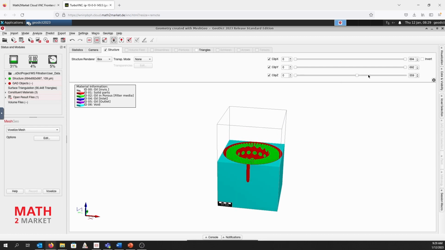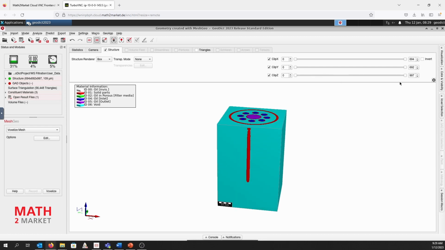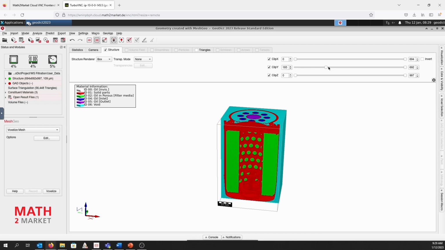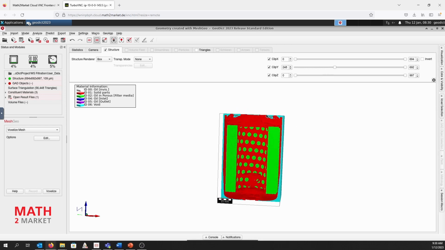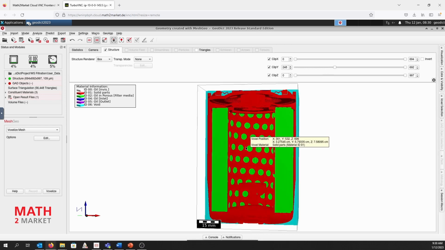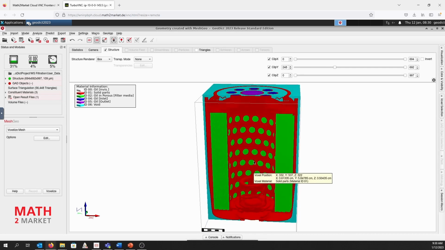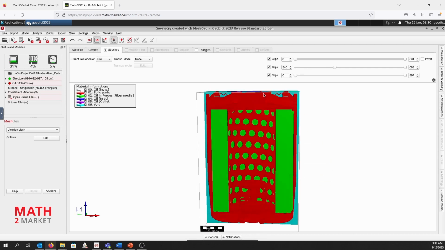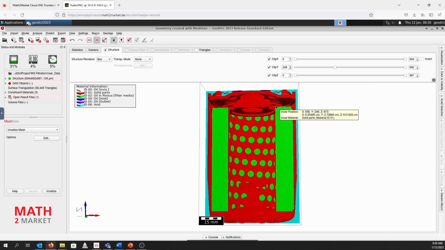For example, if you now go back and deselect the clipping in Z and want to have a clipping, for example, in Y direction, so we clip here the Y direction. And by scrolling with the mouse, we can see, for example, that the pleats perfectly fit inside of the netting. So this is the precondition.